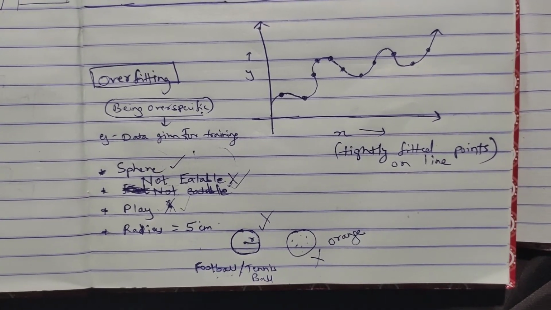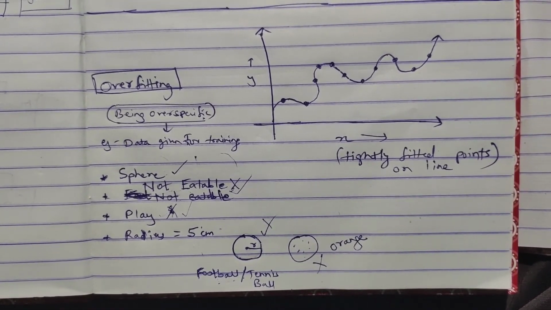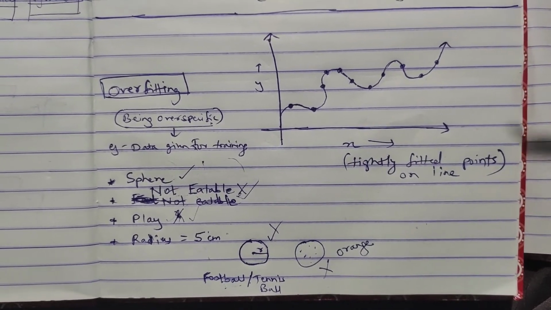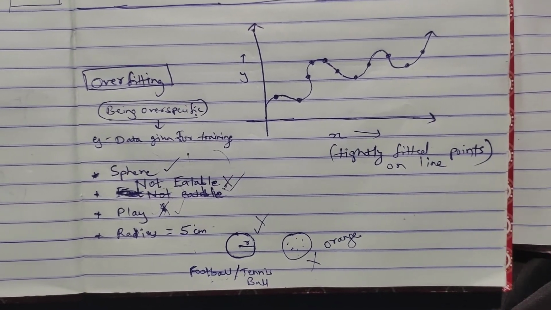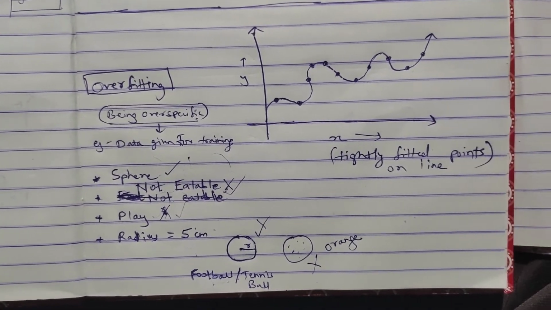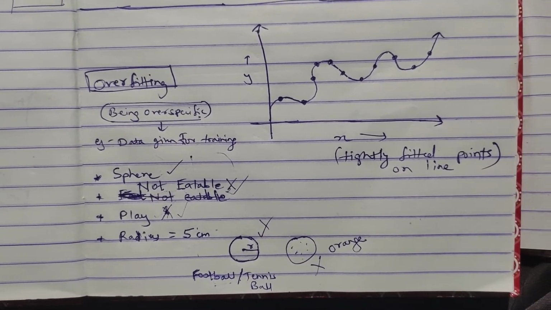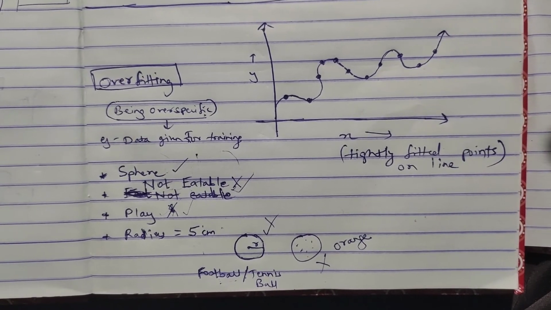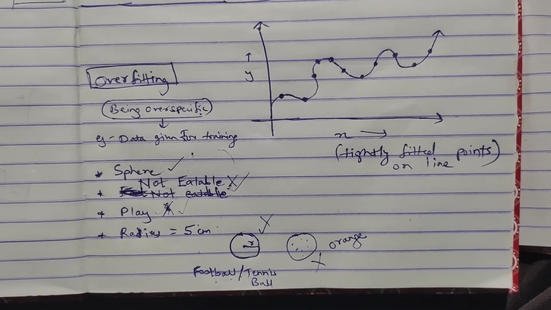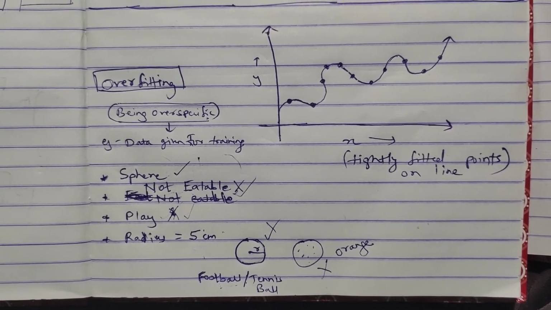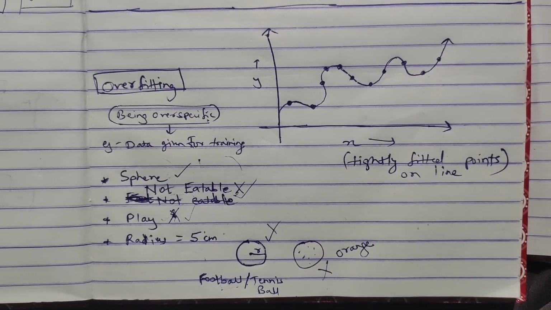Generally speaking, a model is said to be a very good model or a good algorithm in machine learning when it is not overfitting and also not underfitting. It is in between the two. A similar type of data, whenever we train it, it gives the same type of output. In underfitting it does not have the required knowledge or data to train it successfully, and in overfitting it is given a lot more data than it can handle. So the best generalization of any model is between overfitting and underfitting. It falls between those two categories.